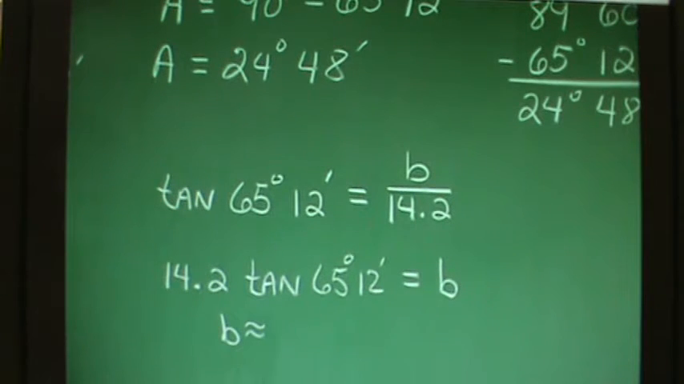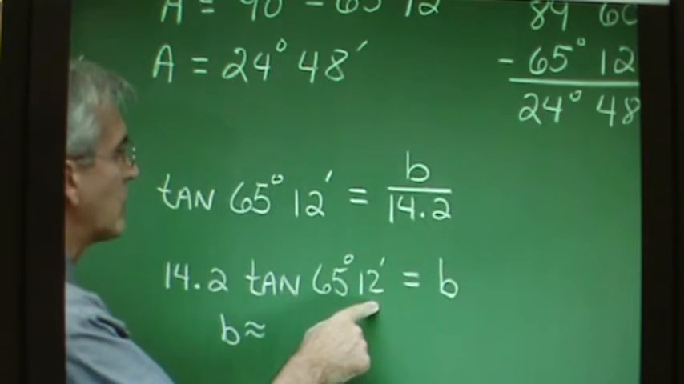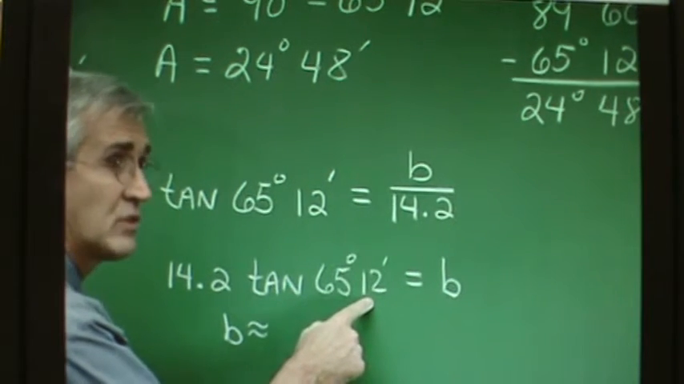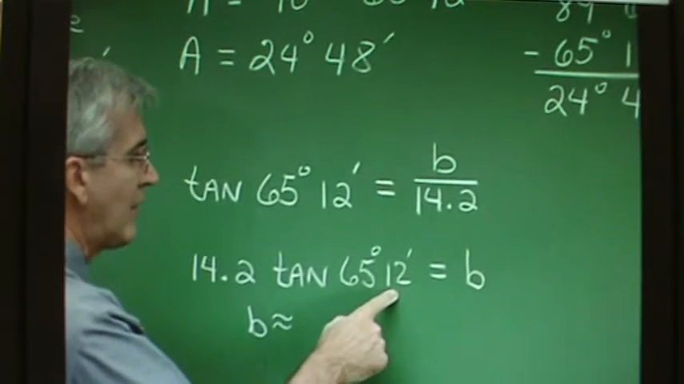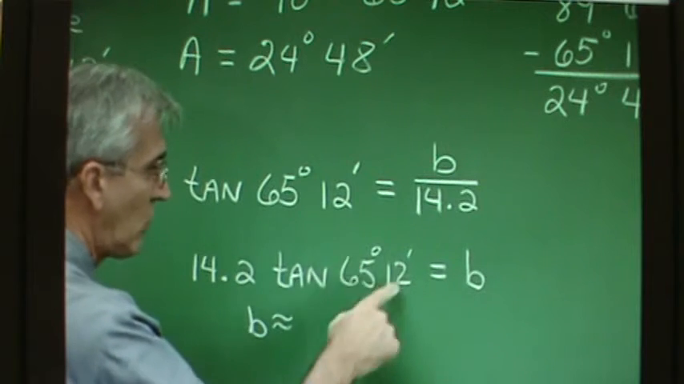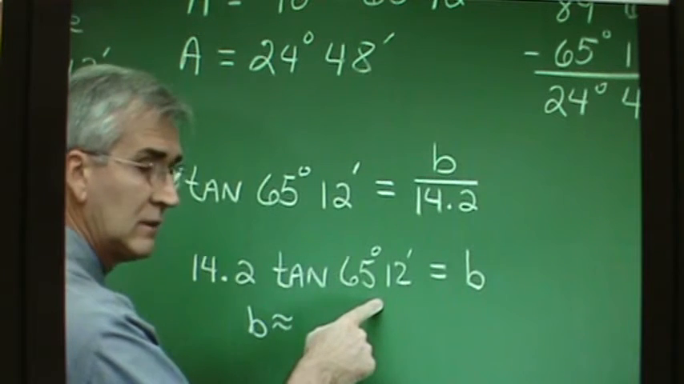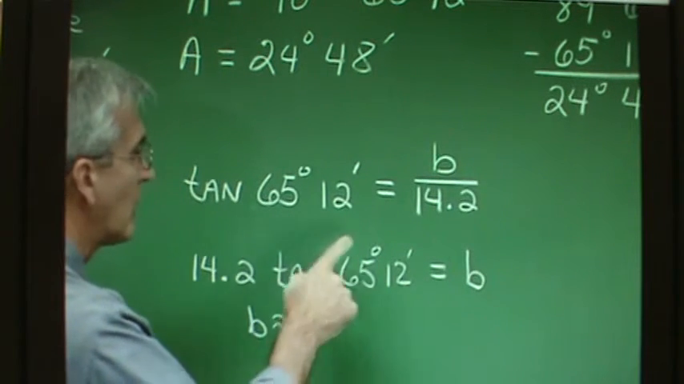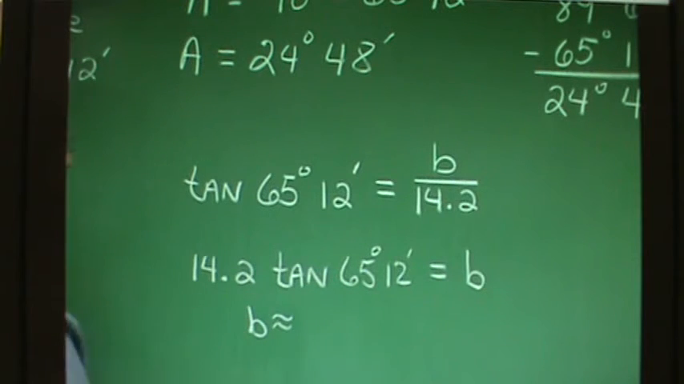Now be careful in entering this into the calculator. That's what the great challenge is here, I think, that we have to make sure that we understand that 12 minutes is 12/60ths of a degree. So we have to enter 12 divided by 60 and then add 65, you see, for the total number of degrees in the angle. All right, and then the tangent of that amount and then multiply times 14.2, and we find b to be approximately